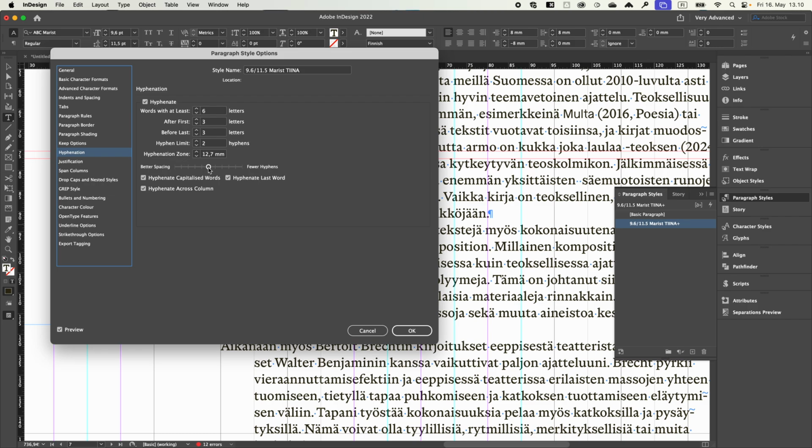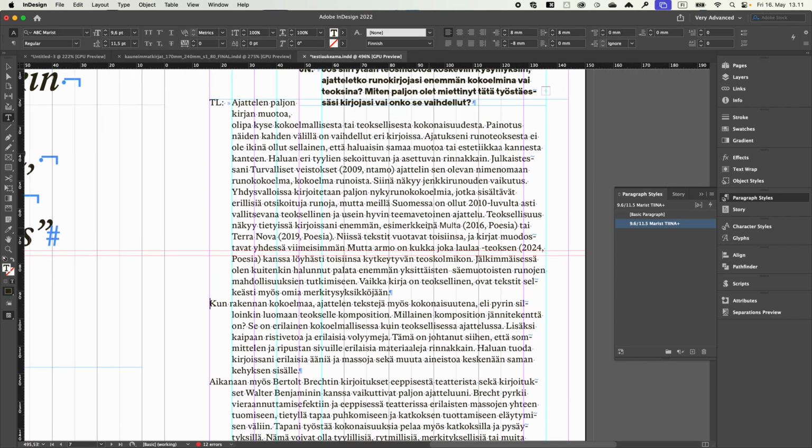There's also a slider here that allows you to control between having fewer hyphens and better spacing. I usually just preview my